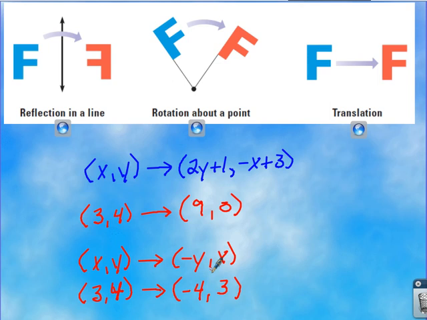Okay, so that's the last thing that's going to be on your test. On those, I'll just ask you, rotate this point so many degrees. Or take this point and translate it by using this rule. Or I might say, take this point and flip it across the x-axis. Okay, that's what those look like. You can actually